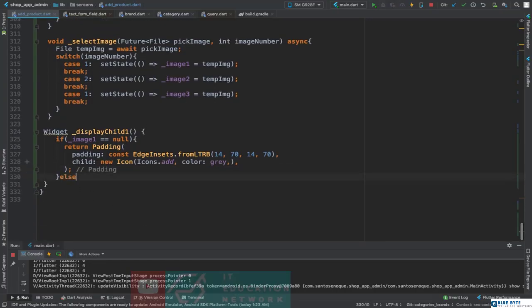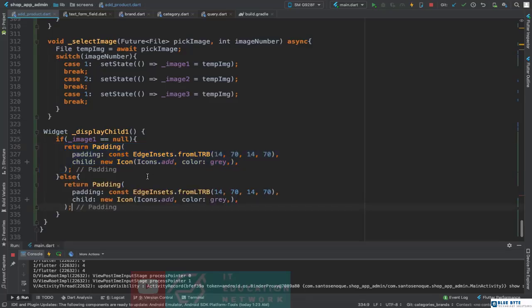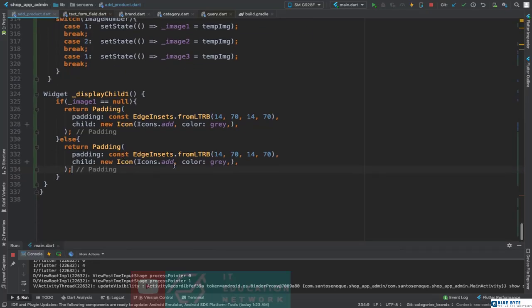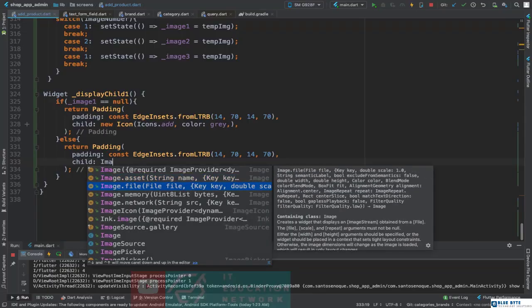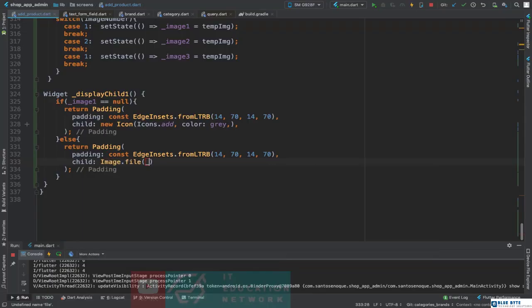Else we will return. So if the image is not selected, we are just going to return that plus icon, and if the image is selected in here, we will want to return image file image1. Okay,